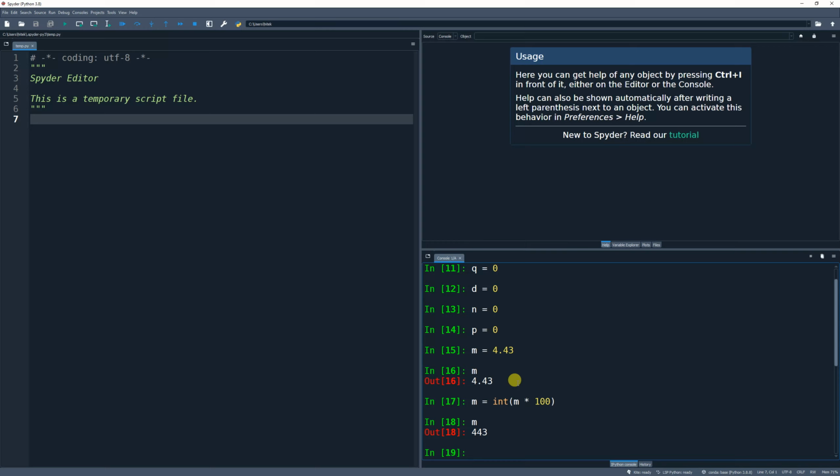So let me clear this screen. Let me call my money, see how much I got in there. 443. So now I'm going to set Q equal to 443 divided by 25. And remember, we want an integer back because we want to know how many quarters. There's no such thing technically as a partial quarter. So now if I run this and I check Q,